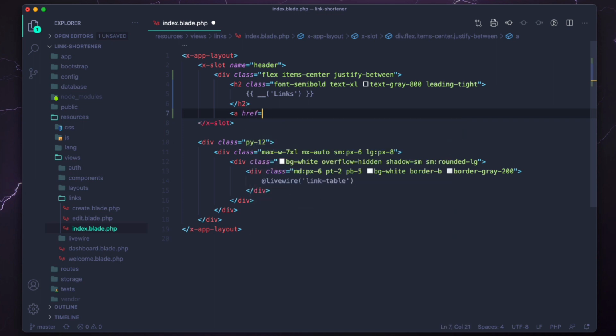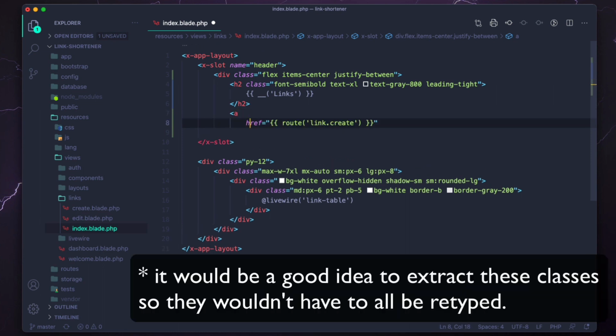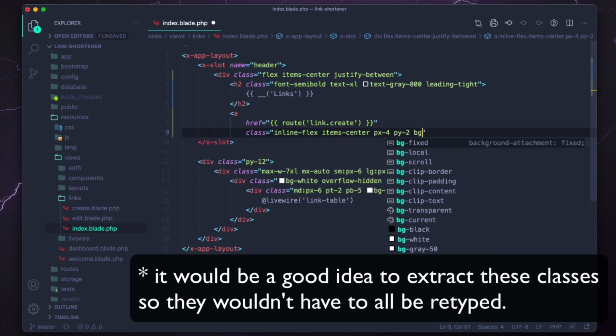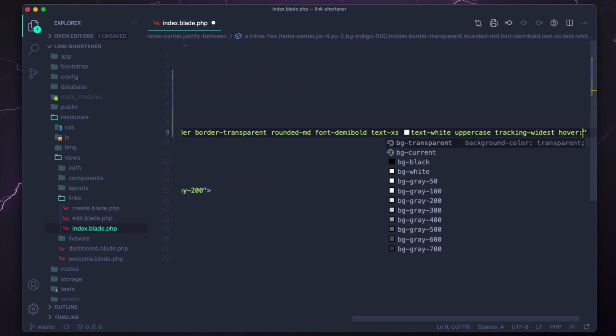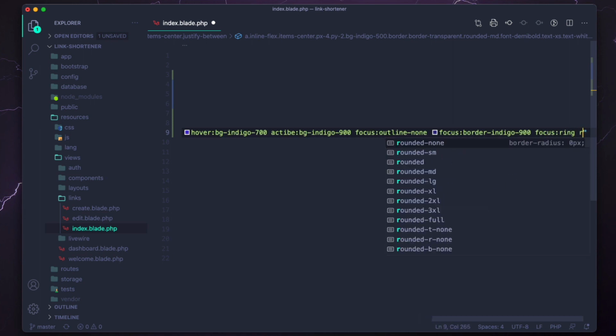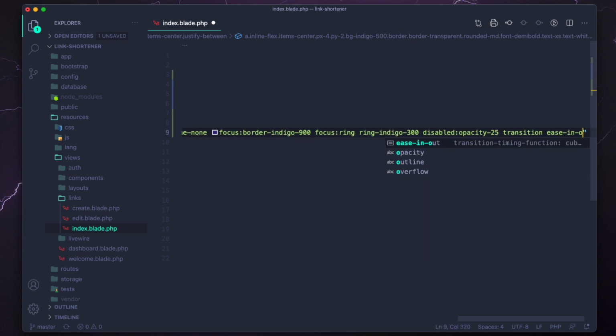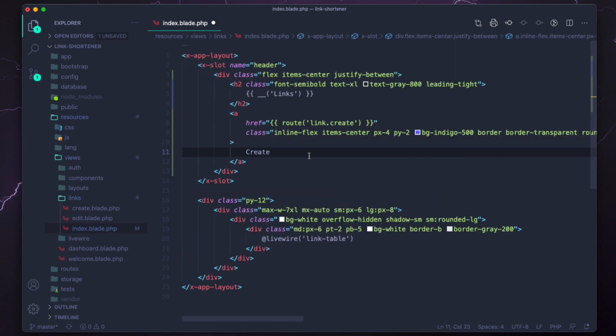I copied this button from the included Breeze buttons because I thought it looked cool. The only downside is that there's a ton of classes associated with this button to make it look the way it does, so it might take me a while to type it out. And we want to go to the links.create. Okay, so there's our create button, and it's going to be justified between with the links label here, the H2,